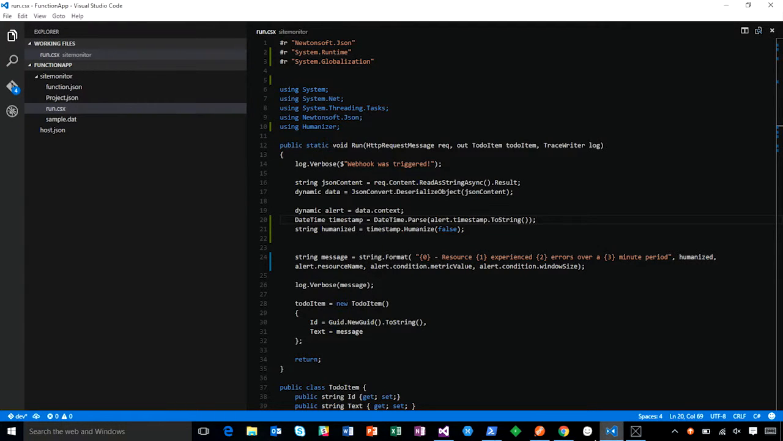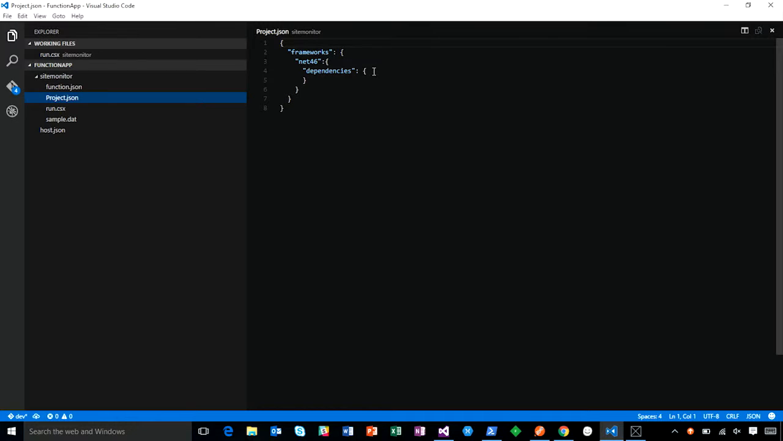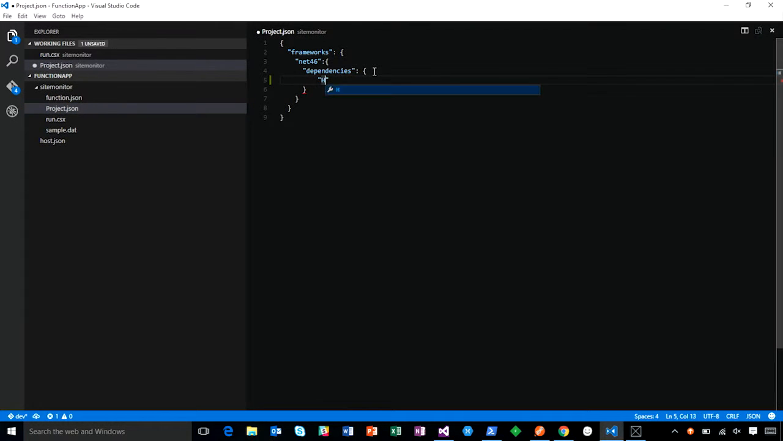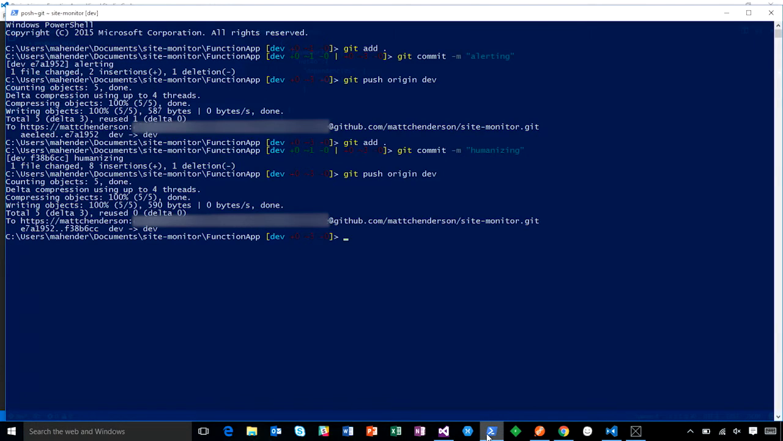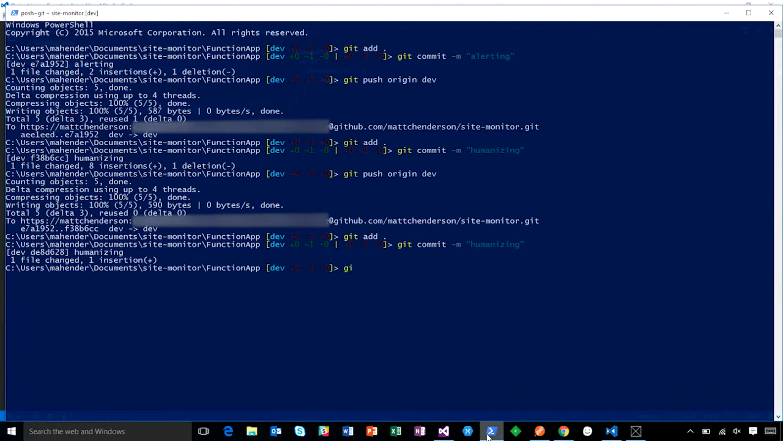So how can we reference a NuGet package here? To do that, we actually use our project.json. So I'll go ahead and reference the package, specifically version 201, and we'll go ahead and